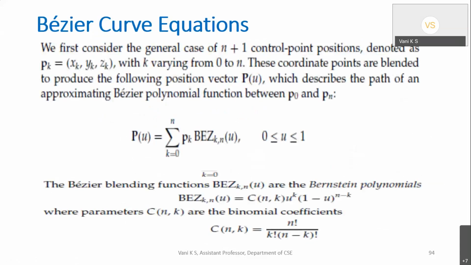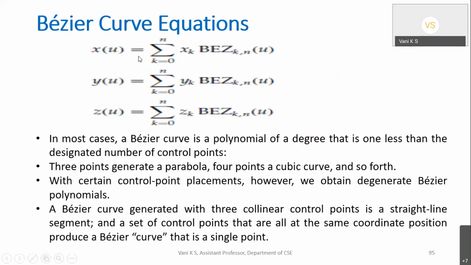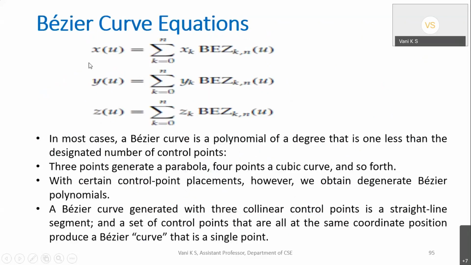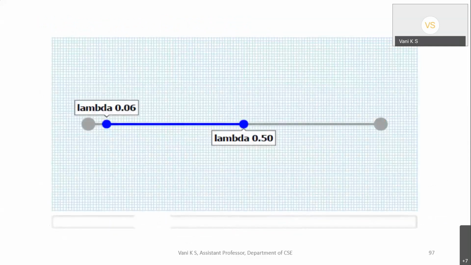So what is the mathematical formula behind that? It is this. XYZ points will be generated, XYZ values for each point on the curve. See, each point on the curve should have XYZ values. So how do you get XYZ values for each point? By applying this equation. What is n here? The number of control points. What is u here? As I told, one parameter in the range of 0 to 1, which decides how the curve should fit. So based on this equation, the Bezier curve function will be calculated.